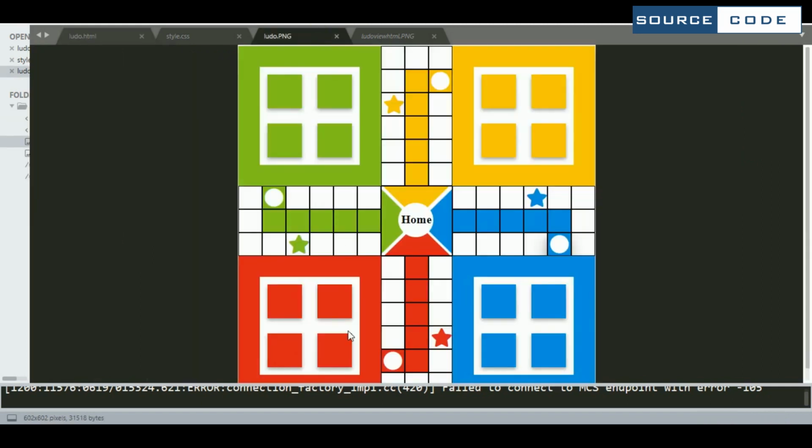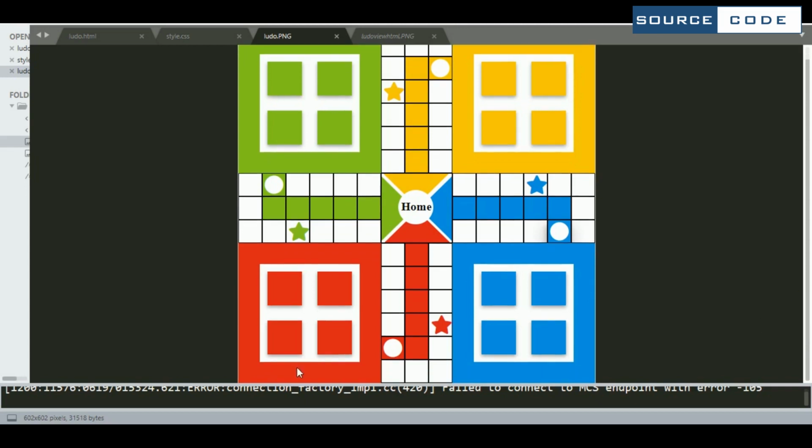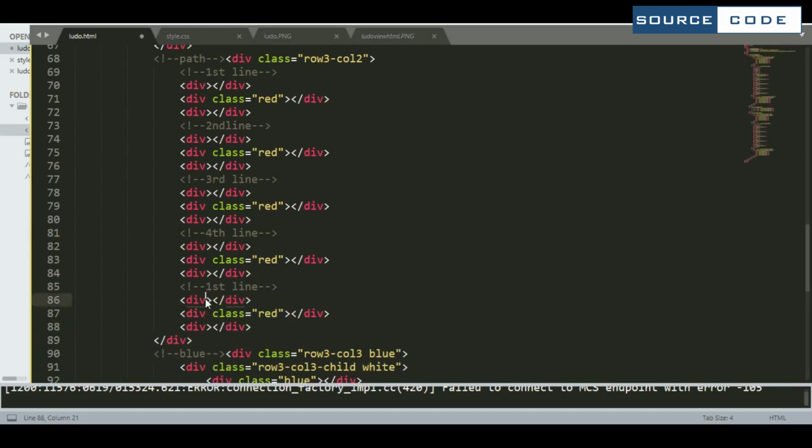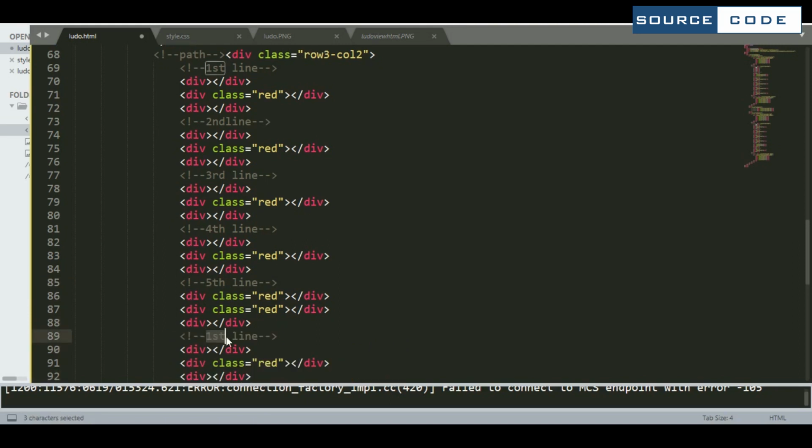If you see here, we are having boxes here with two red. So come to the HTML part again. And the last one we have to set now. So this one is going to be our last one.